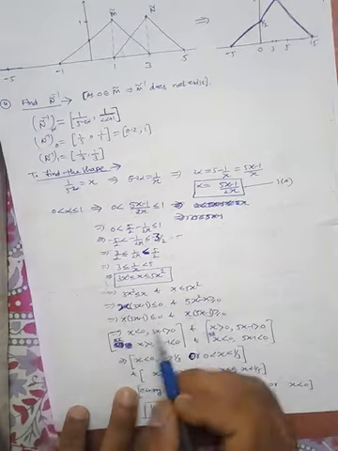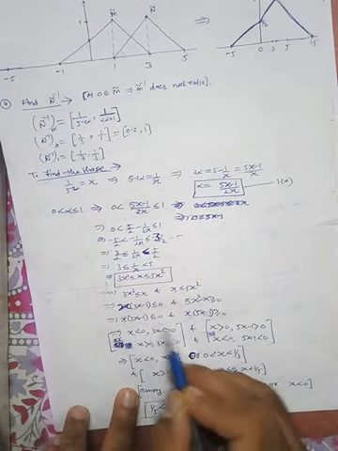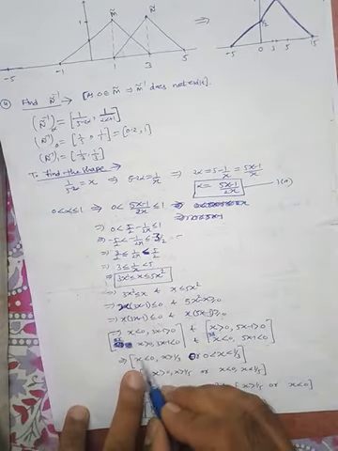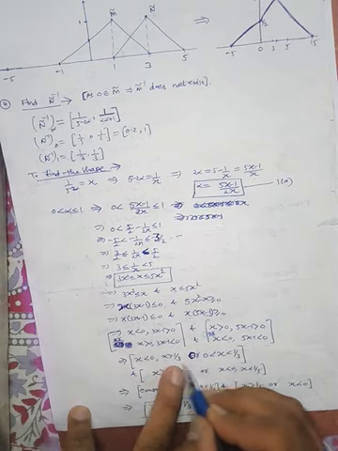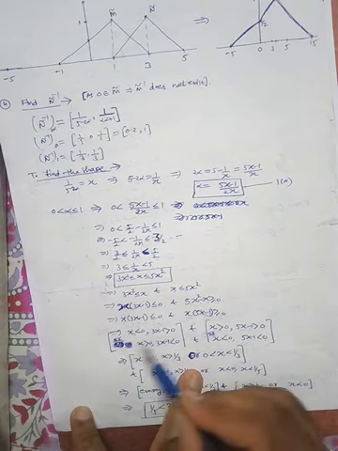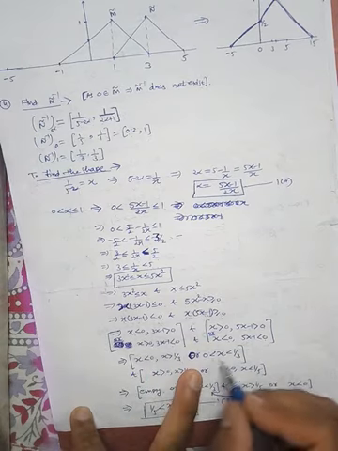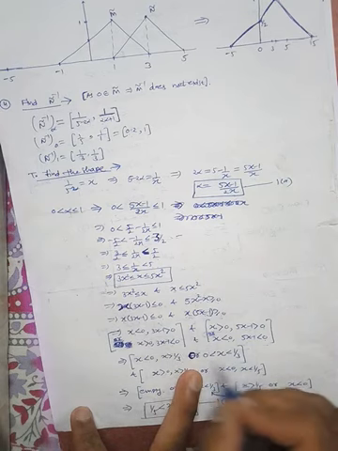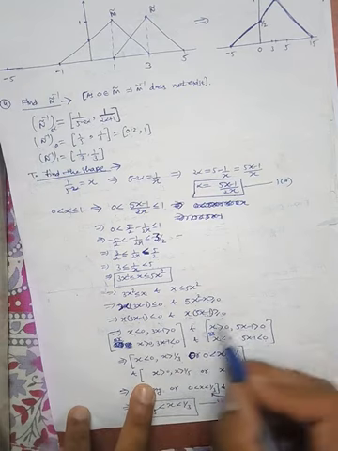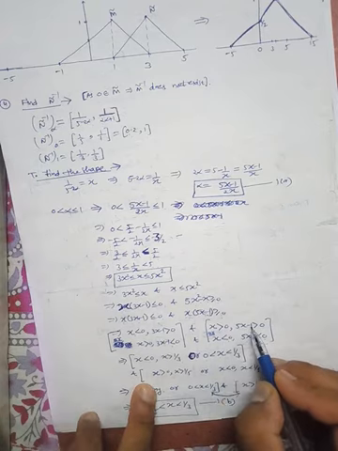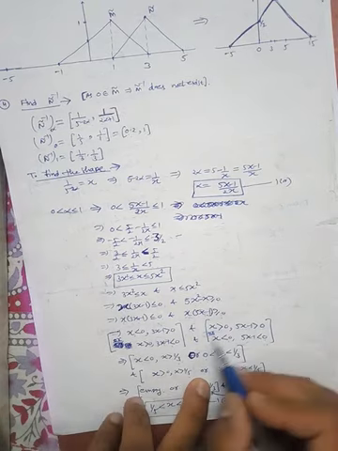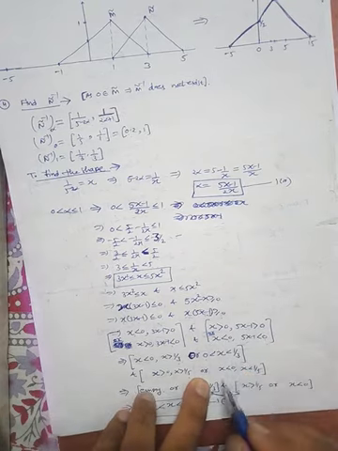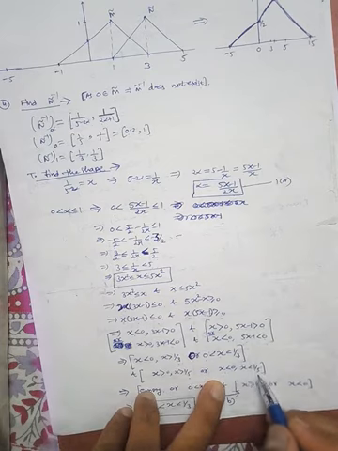Okay, from the first inequality, this can be written as x is less than 0 and x is greater than 1 by 3, or from the second possibility, x is greater than 0 and x is less than 1 by 3. That's why we have this range, x from 0 to 1 by 3. Now for the second part, here x is greater than 0 and x is greater than 1 by 5, or from the last part, x is less than 0 and x is less than 1 by 5.